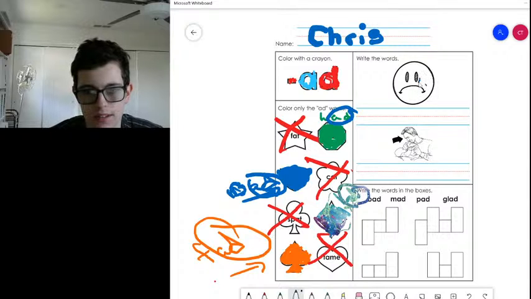Unfortunately, it's not okay. But we're gonna turn his frown upside down by writing an AD word. Sad. Circle the suffix to make him extra happy. So now rather than being sad,